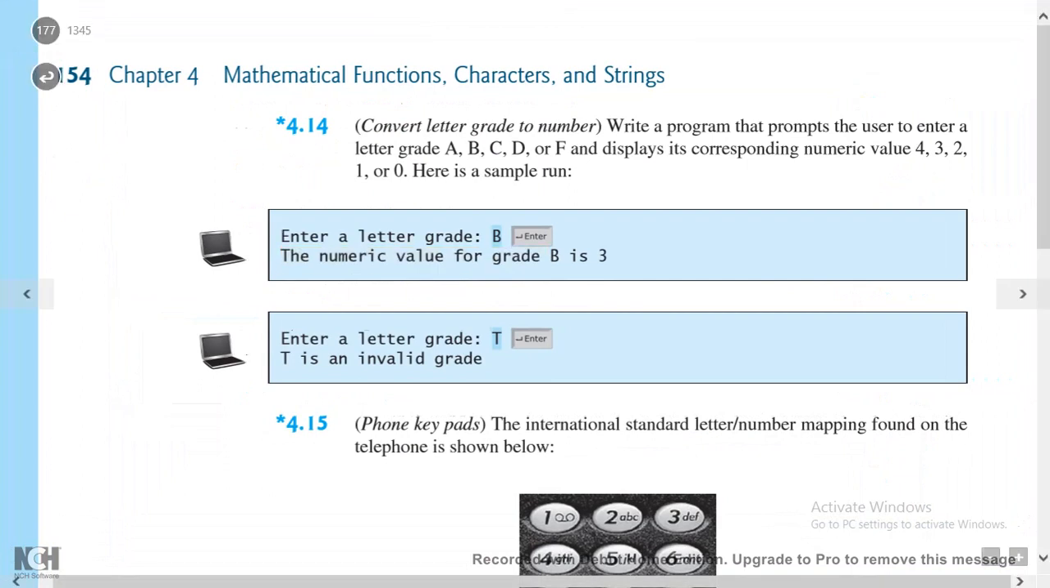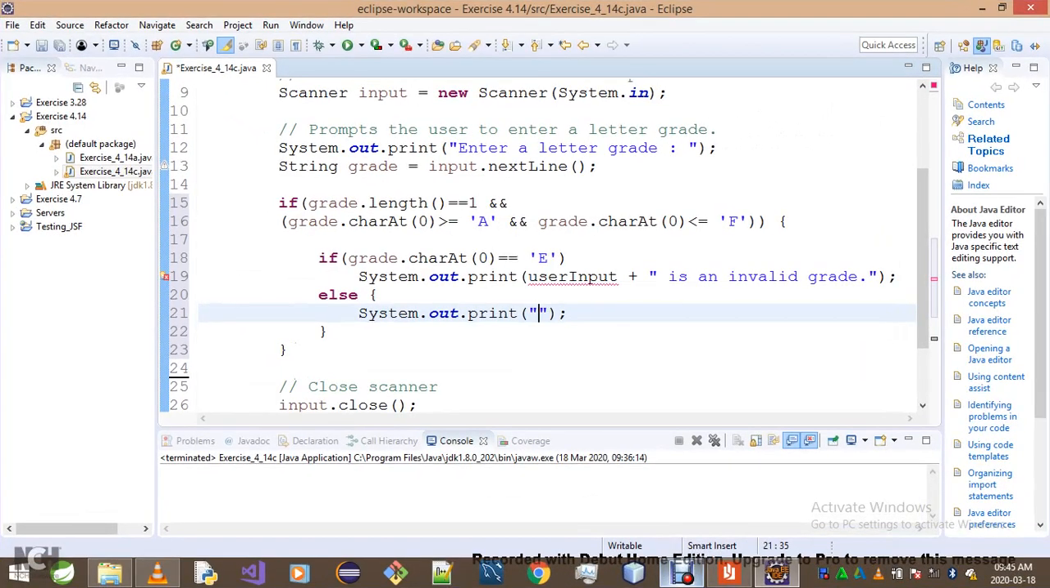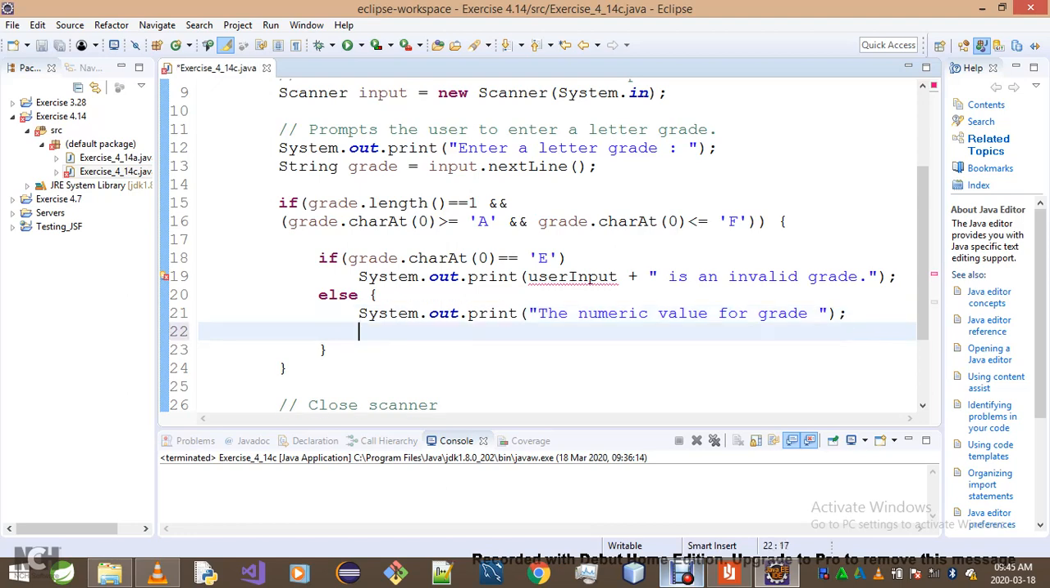This one, the numeric value of... if I did the way I thought of before, I would have repeated this line here, right? Okay, so I only want to do it once, so I'll just go not user input, it's grade in caps, grade. Okay, so it's gonna be the numeric value for grade is, now I'm saying if